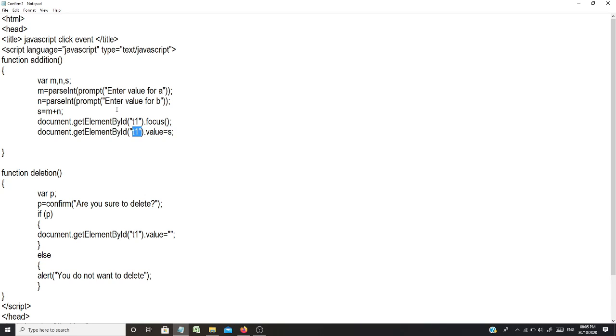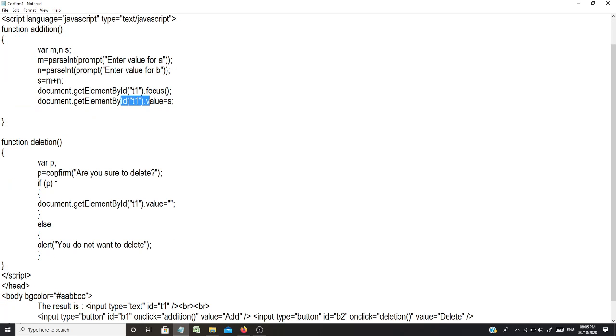So there will be two prompt functions. They get two values from the user one by one. Then those values will be added. The result will be stored in a text box. Okay, then